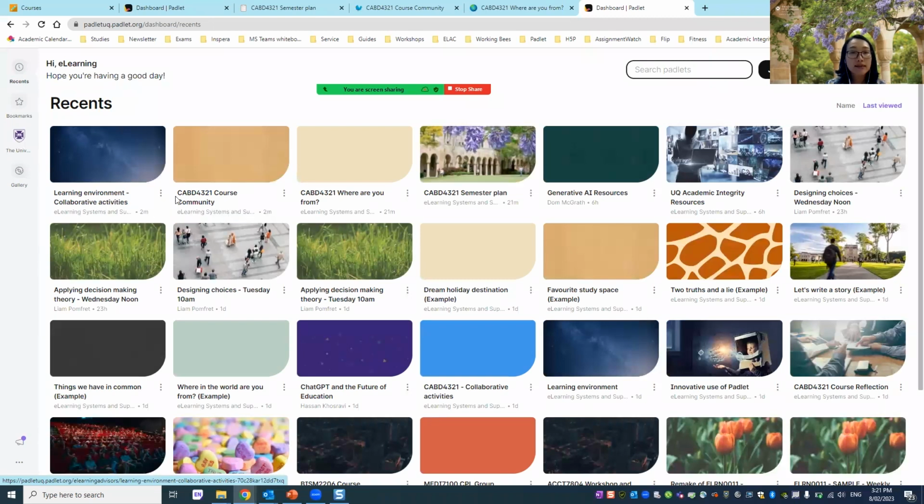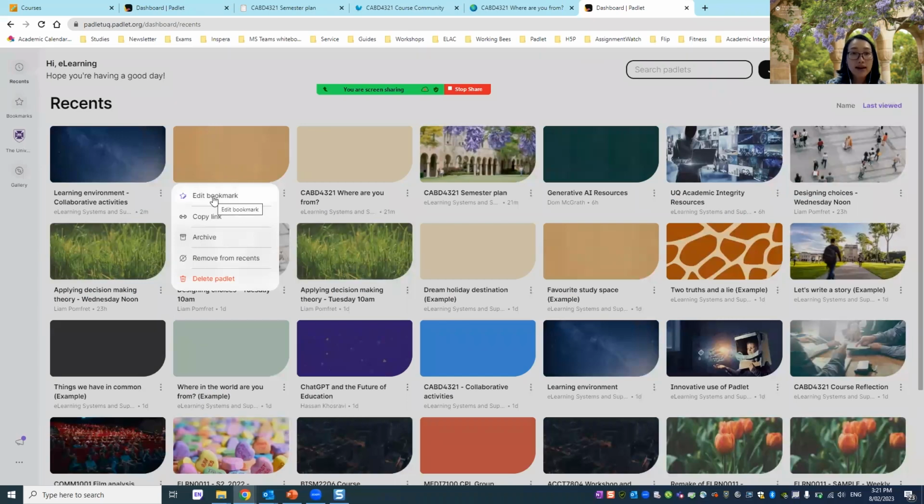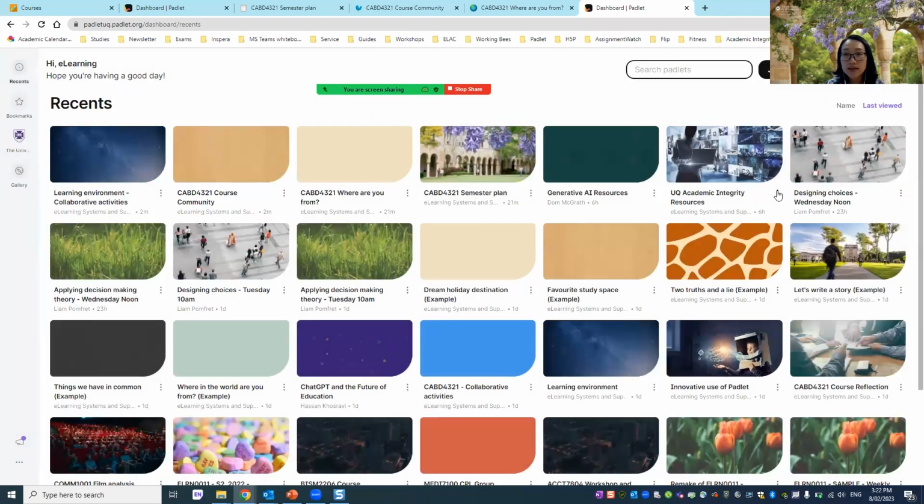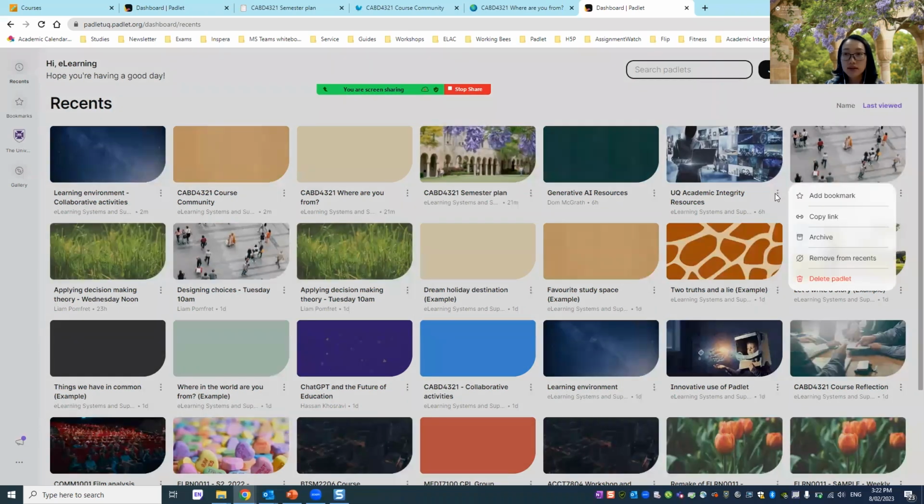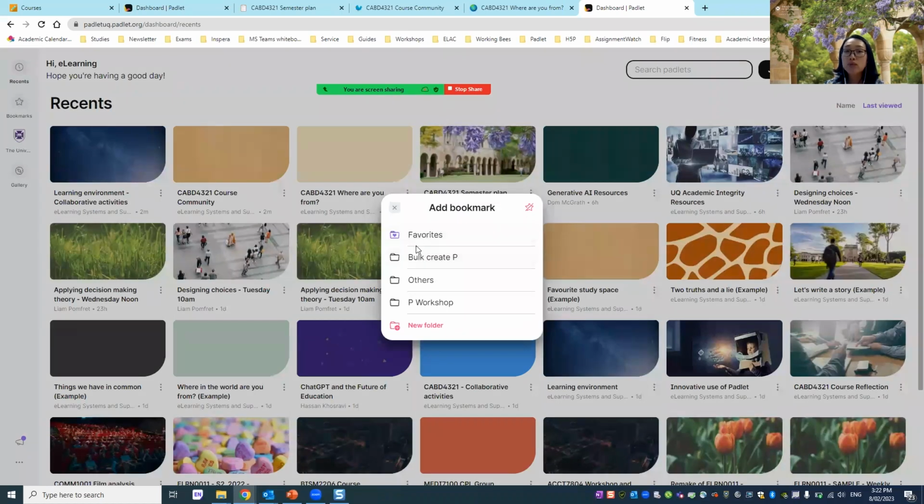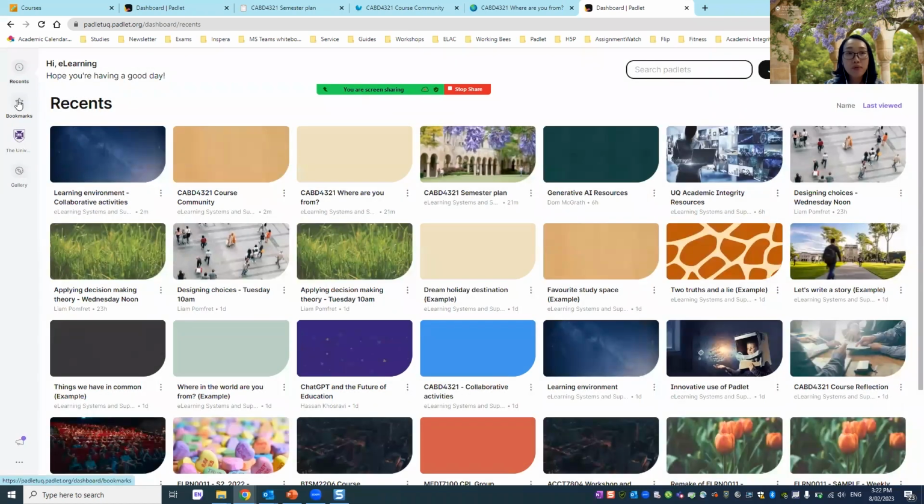And then when I click on the three dots of each Padlet, I can select edit. So this one I have already put in a group. So I'm going to choose something that is not. Okay, so this Padlet, UQ Academic Integrity, does not belong to any group. So select Add Bookmark, and then it will show different folders where I can add that Padlet. So I'm going to put that in Others. And then when I go back to my bookmark list,